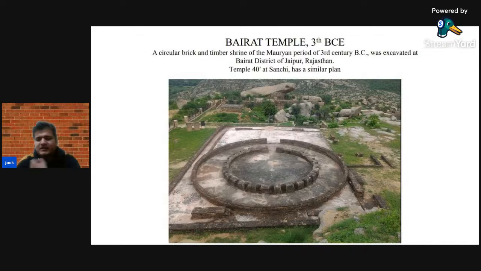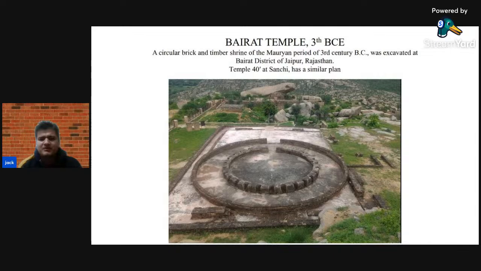And later on, this structure inspired further generation temples and also various rock cut temples, rock cut architectures in India. It was built around the 3rd century BC during the rule of Ashoka, the emperor, and it inspired the future generation temples and also the rock cut architecture. So this is how the temple evolved during the